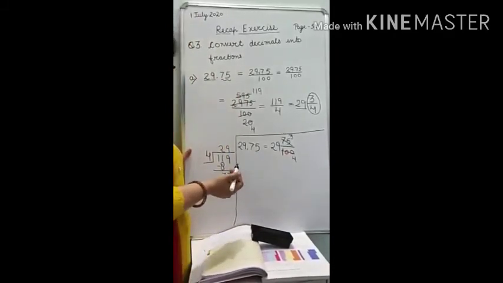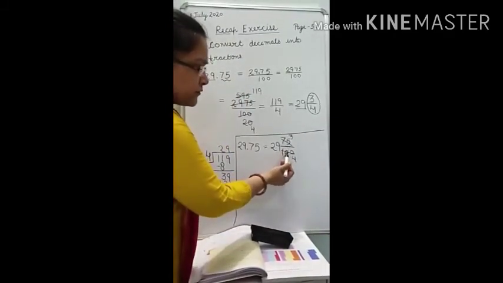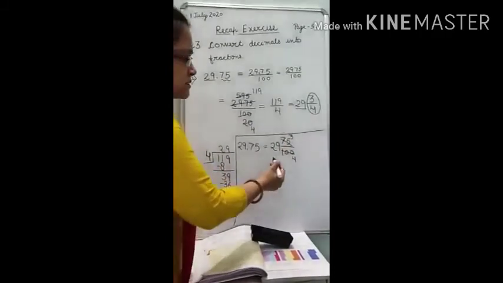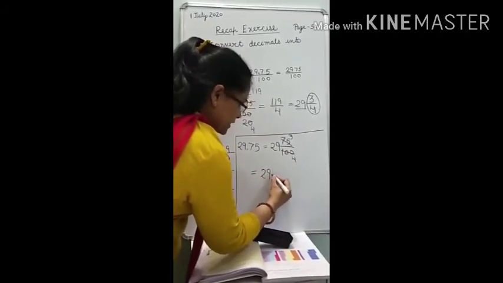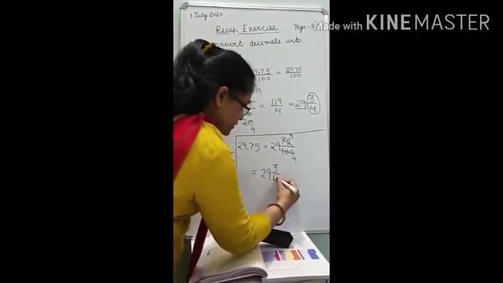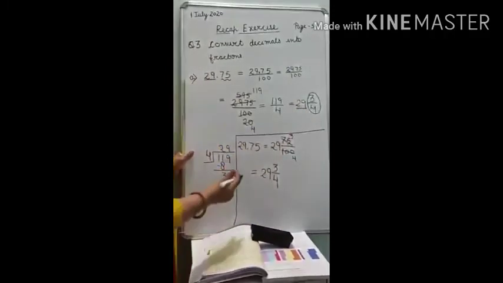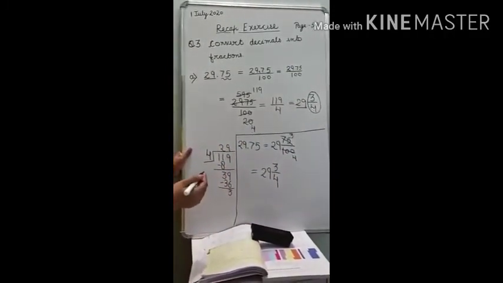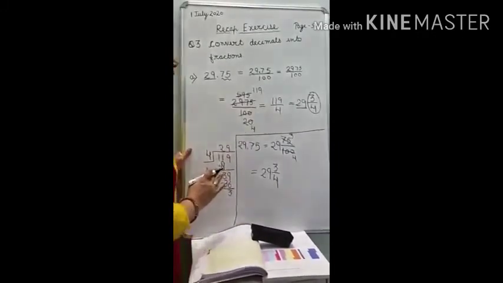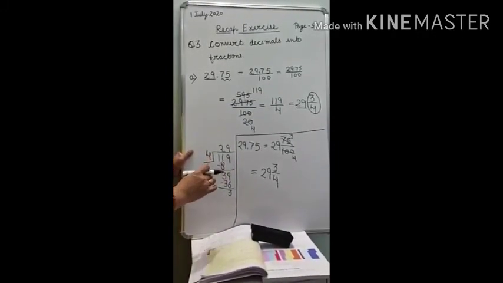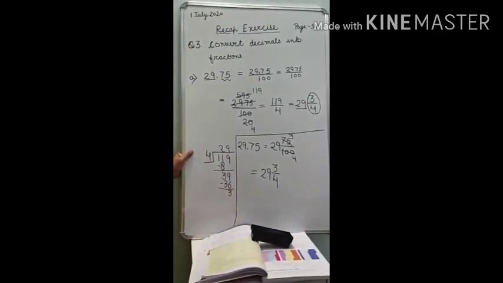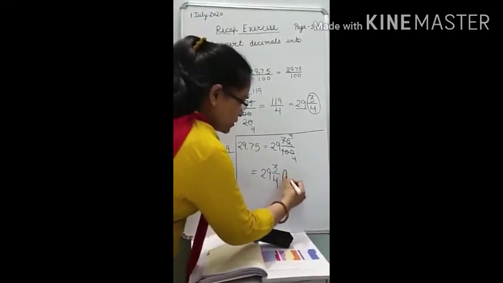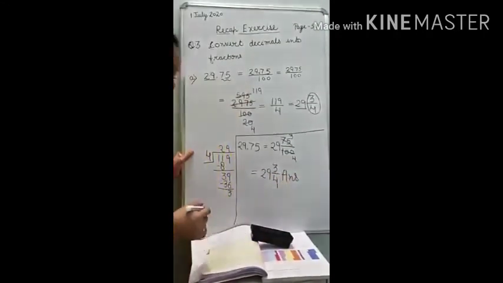You can reduce one by one also class if you want. First reduce by 5 and then again reduce by 5. This is totally your choice. So here your number becomes 29 3 by 4. The same answer as we get here, and this is very short and useful method. But I told you the full method in detail also so that you can understand it well how it happens. Right class? I hope you understood this well. Right class? So do all the questions up to question number 3, and that is all for today. Thank you class. Thank you.